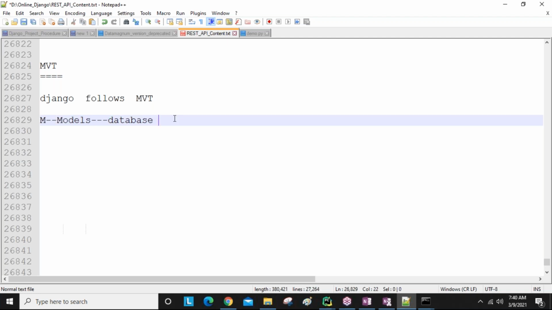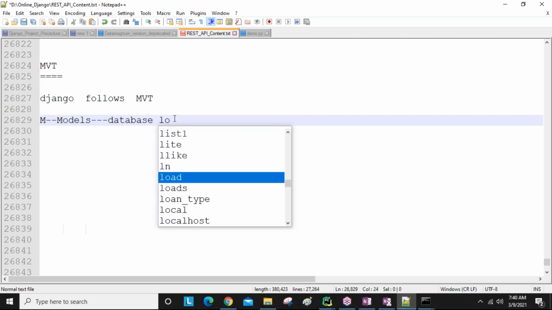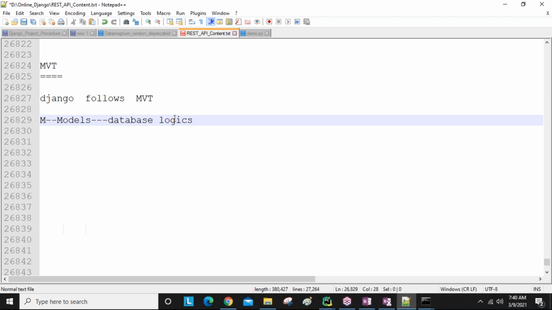By using the models, we handle all the database logic: what database we are using, what tables we are going to create, and in every table what columns there are. For example, an employee table with employee number, employee name, salary, address, some fields I want to take. If it is a student table, student number, name, marks, school name, teacher's name, like that I want to take.